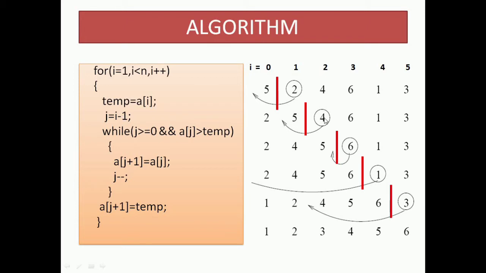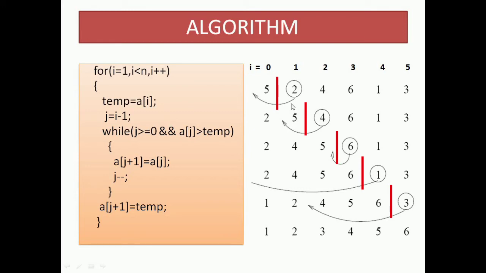Next we need to make the comparison. So we have another loop, which is the while loop. Since we compare all elements of sorted subarray, our first condition is that j should be greater than or equal to 0. It should be equal to 0 here because the first element also has to be compared, as you can see here. When i is equal to 1, j will be equal to 0, which is the first step.